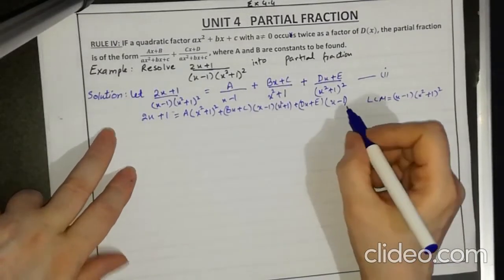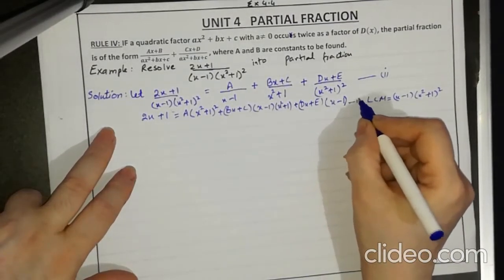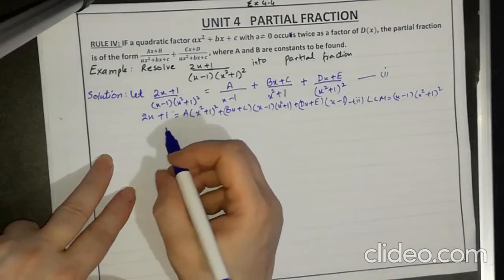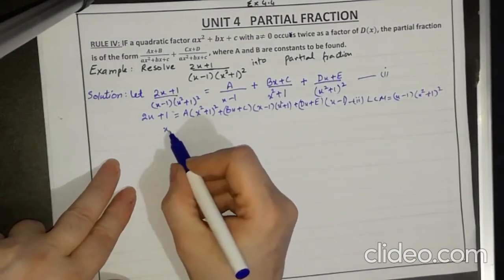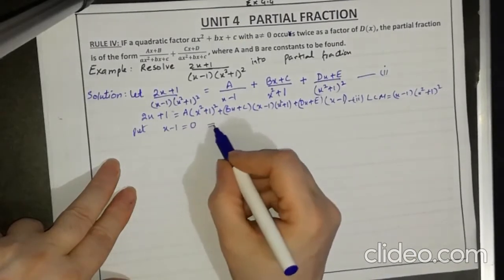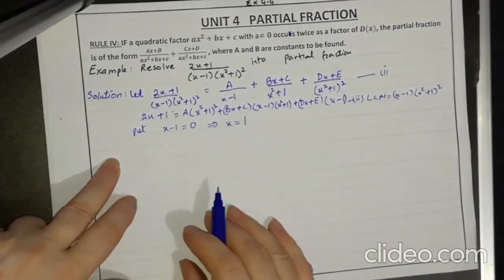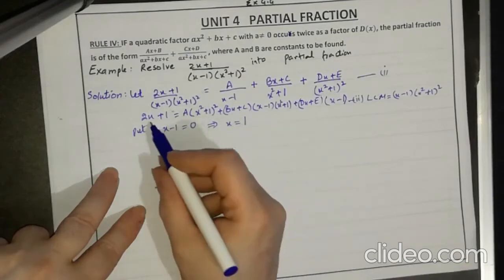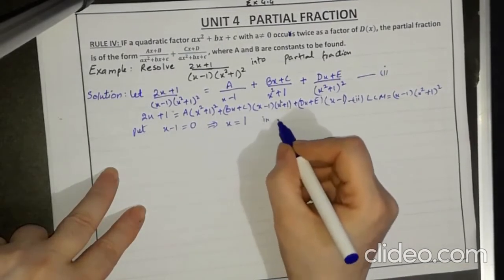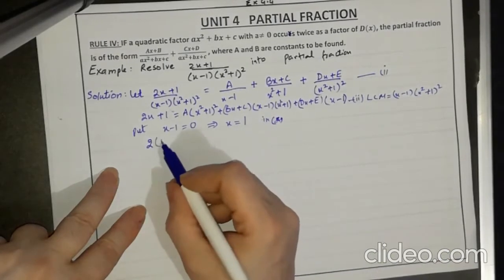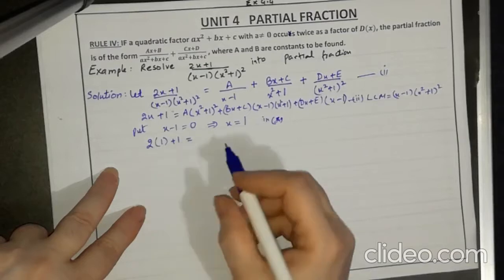And this is number 2. It's an identity equation, so it is true for all values of x. So using the zero method, we will put x minus 1 equal to 0. So put x minus 1 equal to 0, which implies that x is equal to 1. So when I put x equal to 1 in number 2, then you have more convenience in it. So now put in 2, x equal to 1.